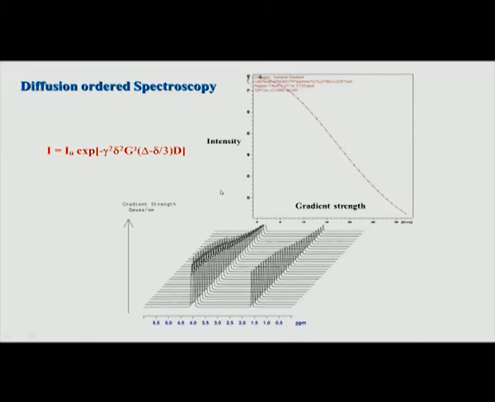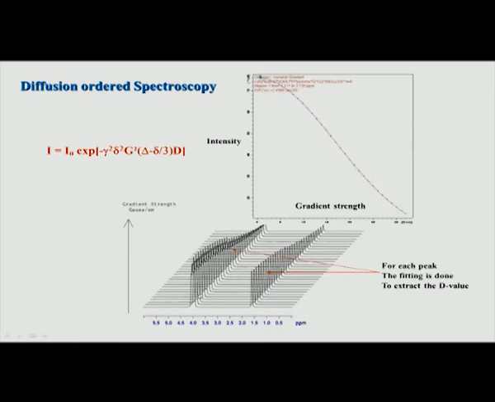So this is typically how the philosophy of DOSY works. Let us see how it manifests. How do you calculate the D value now? You simply plot the intensity function like this, and then you can fit all these points to this equation, and from there the D value can be extracted.